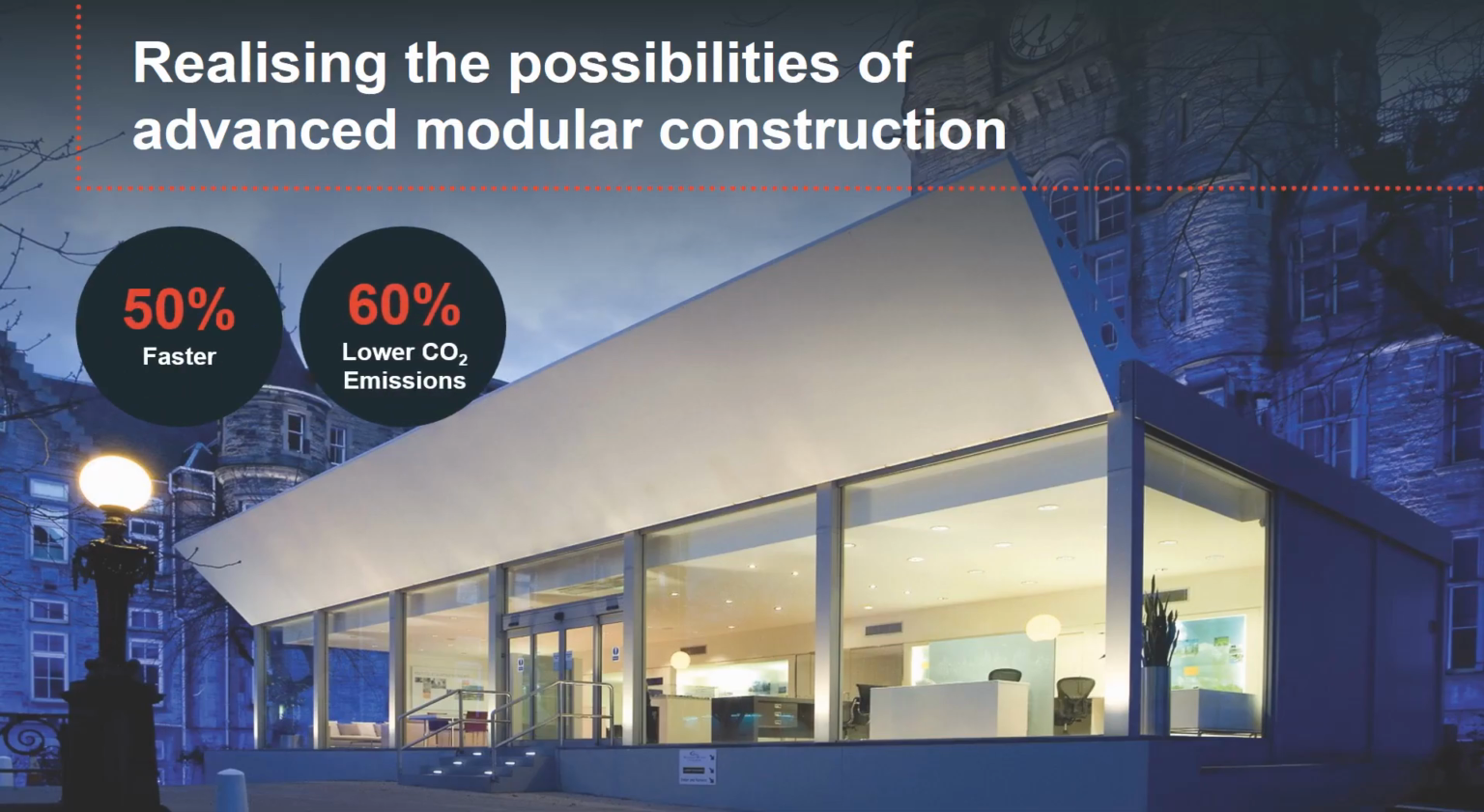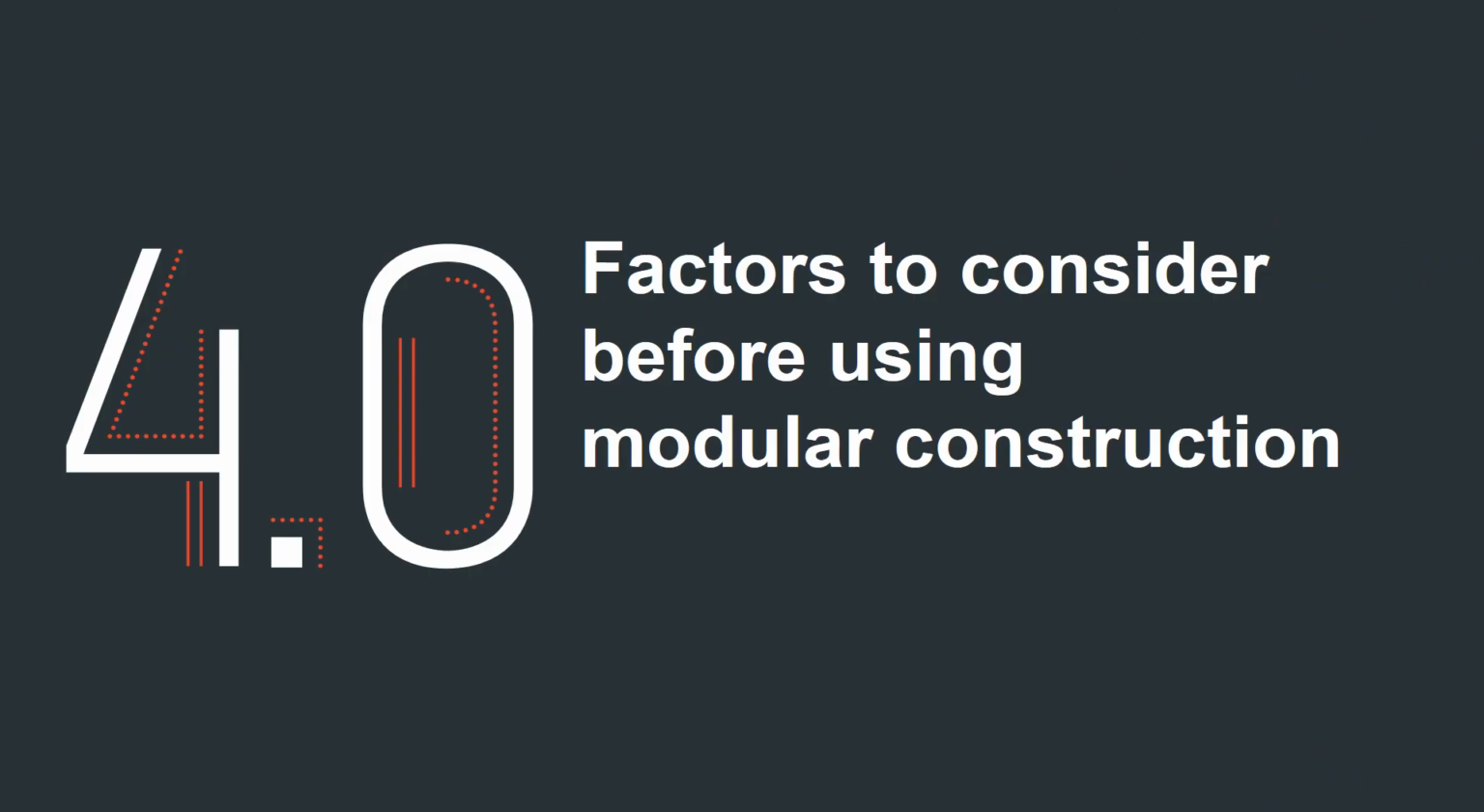When utilised to its full potential, modular construction can offer greater efficiency and consistent quality. Industry case studies suggest that when constructed off-site, new buildings can be built 50% faster. It is also estimated that off-site methods can deliver 60% lower emissions and fewer defects. Getting the most out of modular